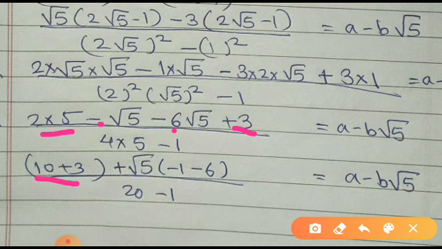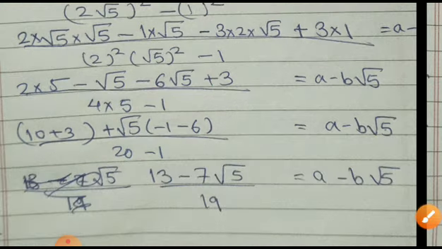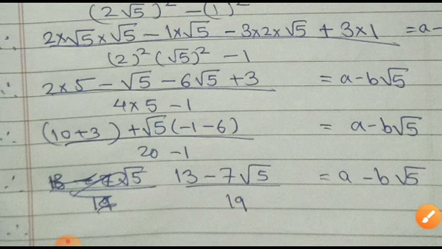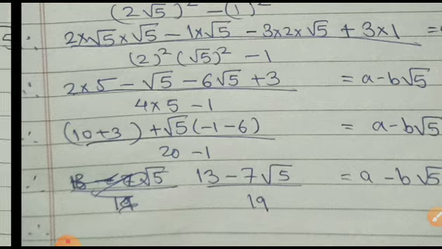minus 1 minus 6. Instead of writing like this, directly you can also write it as minus 7 root 5. Because here it is root 5, that is nothing is there, means it is minus 1. Okay, that number is here along with that sign, so I have taken minus 1. Here it is root 5, coefficient is minus 6. So minus 1 minus 6 is minus 7. So I'll be getting 13 minus 7 root 5 by 19 equal to A minus B